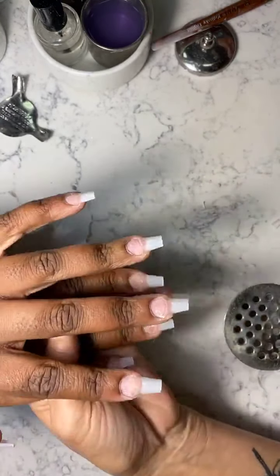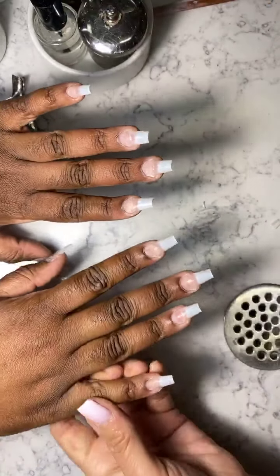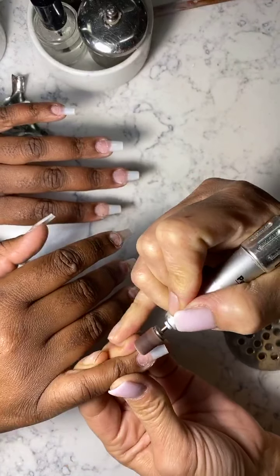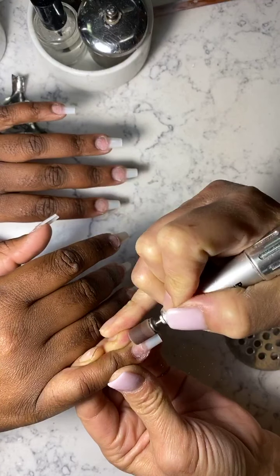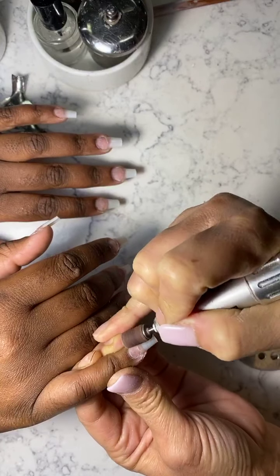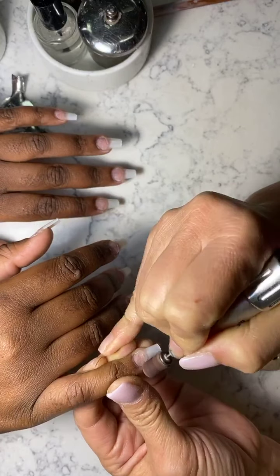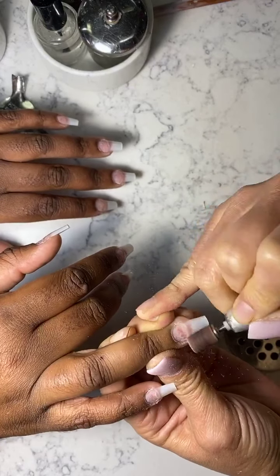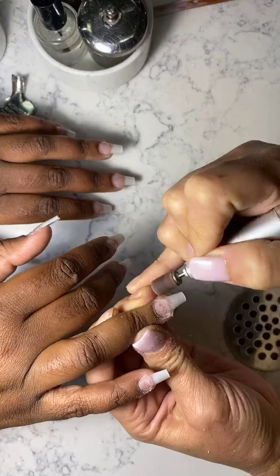All right. She doesn't want the coffin too narrow either, so I'm not shaped up. I'm gonna do kind of between semi and a little more narrow than the square. Because at first she wanted square, so I said let's try the semi coffin. So now for these